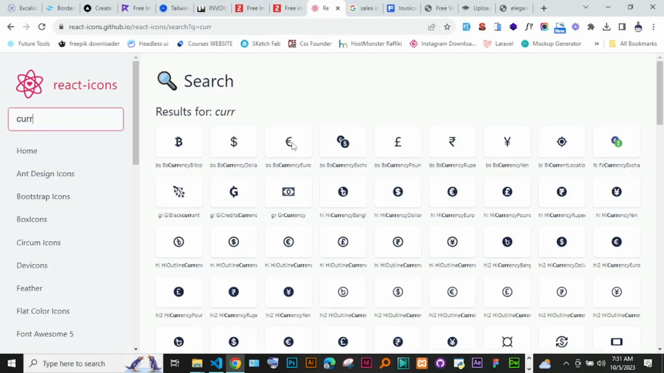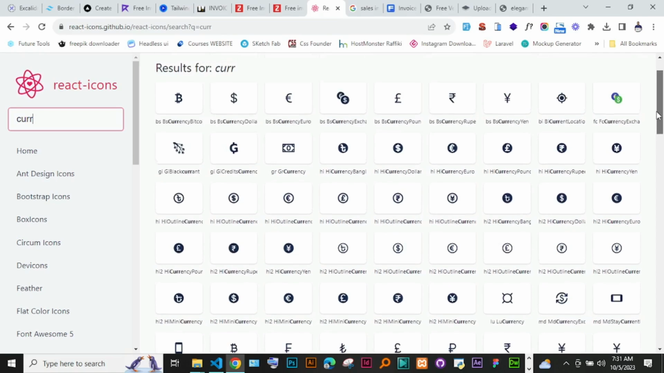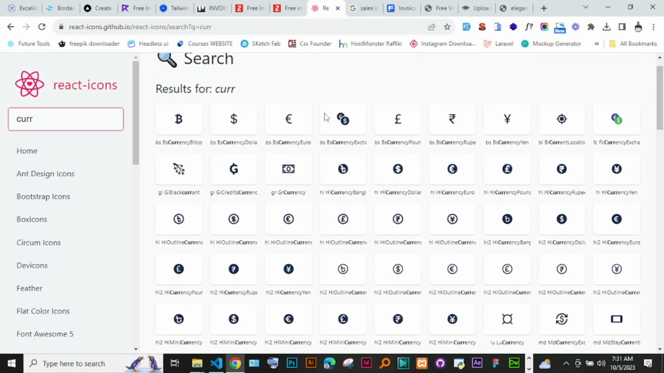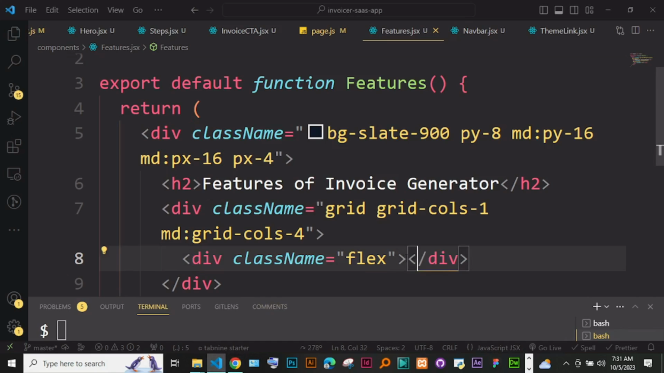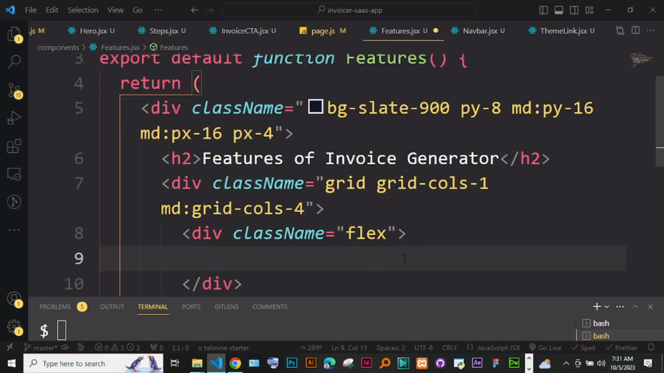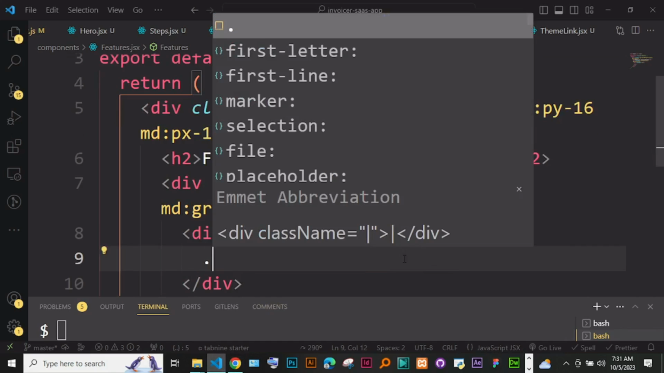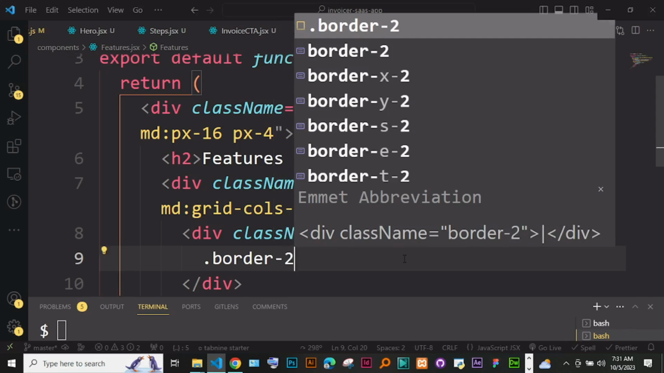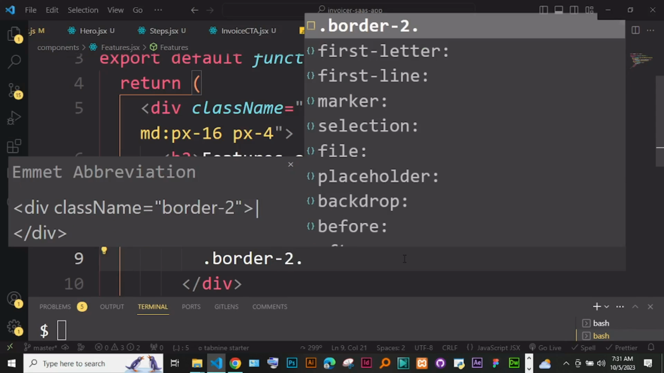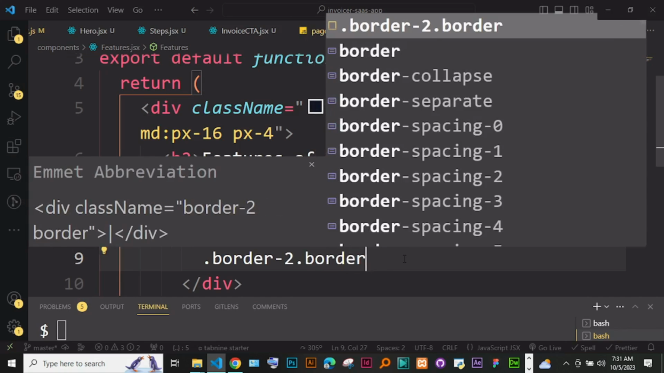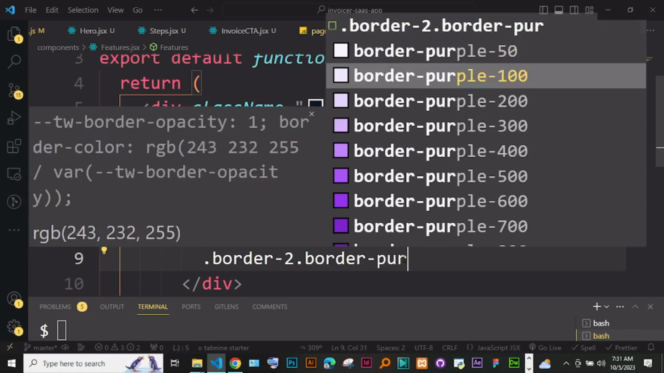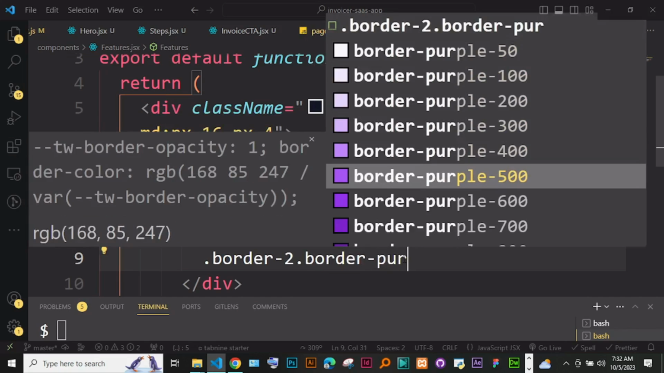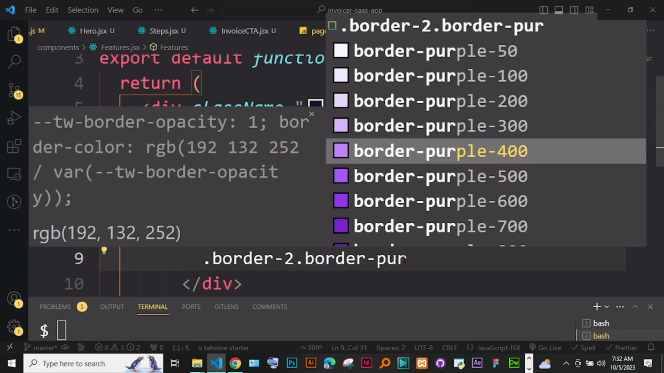So you can just go and grab these icons. I'm just going to grab this one for currency. Okay, and then we can just go, first of all, start with the icon. So the icon has a border. Okay, and you can just make it border 2, and we can just go ahead and also border color, which is border maybe purple, and we can just try purple 500, maybe purple 400,